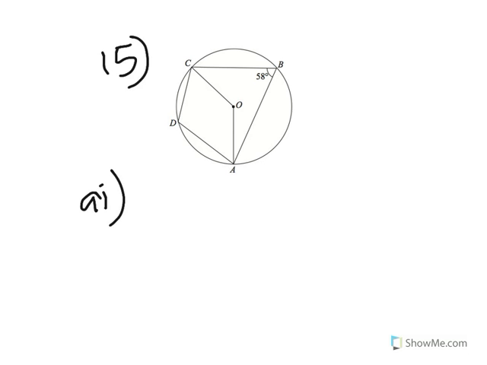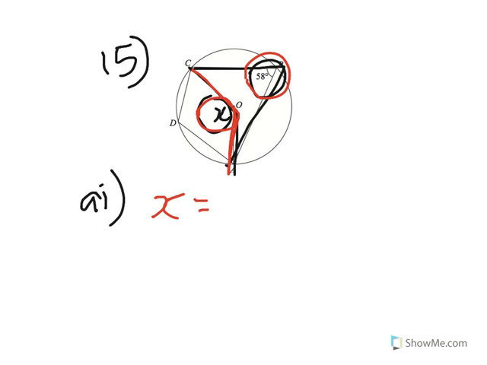So first of all, you have angle 58, and you're being asked in the first one to calculate the angle AOC, meaning this angle over here. For this triangle, you're being asked to calculate this angle. So we'll call that angle over here x. And basically, to calculate that, this angle x is nothing but 2 times the angle here. Now the reason for this is, if you look, both triangles are in the same segment. The only difference is that this triangle goes only to the center, meaning this angle is twice the angle over here. So that means that x is equal to 2 times 58, which is equal to